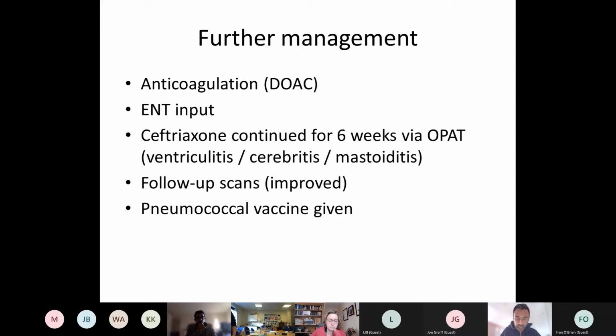We always offer pneumococcal vaccine, and I think that's important to do because just because they've had the infection once, doesn't mean that they're not going to get infected by a different serotype. So we do always offer the vaccine. Now, really, this patient should have had her vaccine given her age by the GP practice, but it's something we would do on the ward.